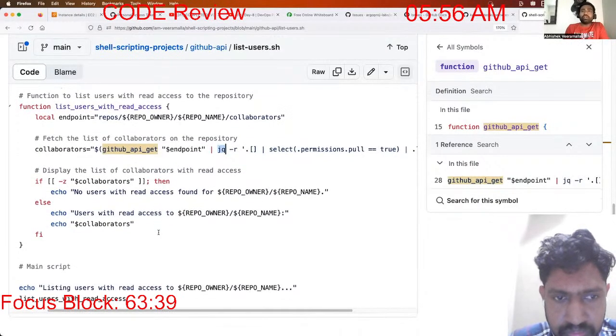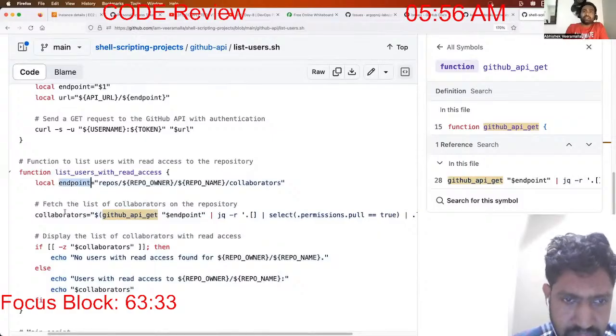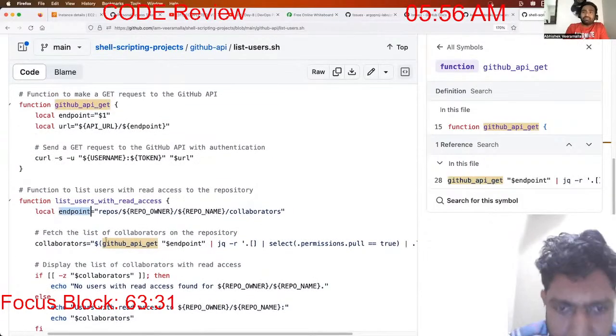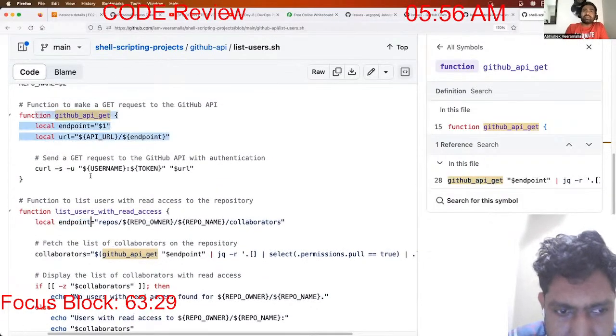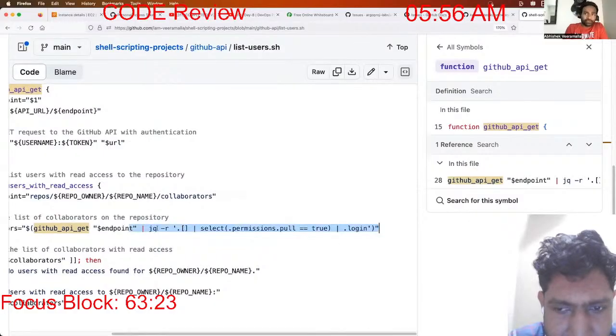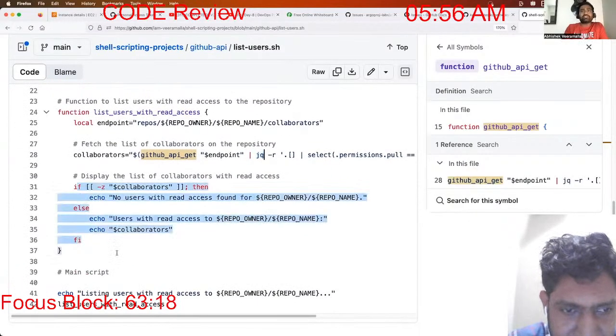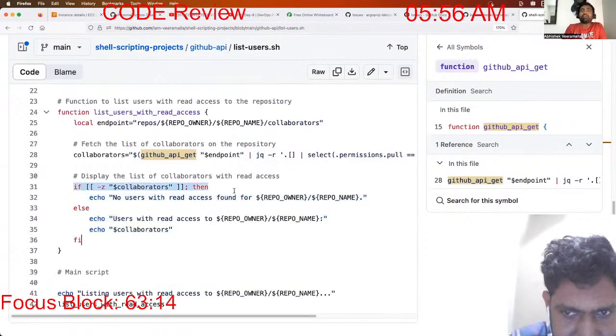But going back, in this particular function, I have taken the input, what exactly the endpoint is. Then I am just calling this function, which is creating the curl command, and then I am executing the curl command, and I am getting the required information using JQ. Finally, I am printing the list of users. Okay, so here, what this if block indicates,